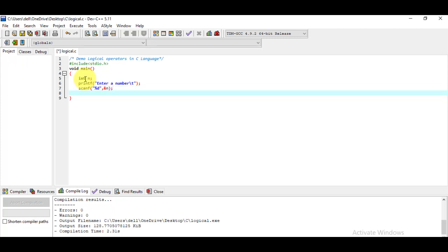Now here I'm going to write the if construct along with the logical operator AND. So here I write if, and I'm writing n modulo 2.